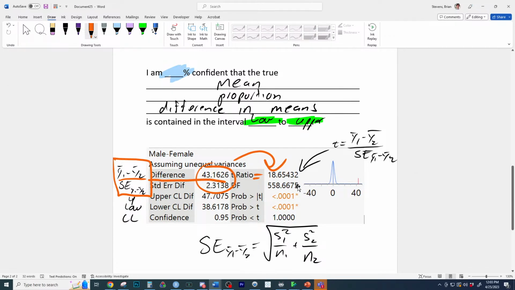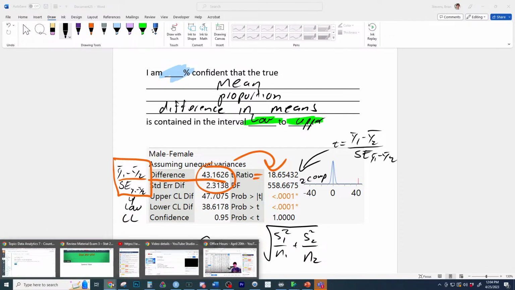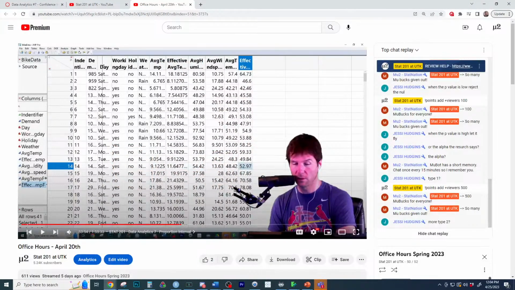The degrees of freedom is the complicated formula. It's too complicated, we like to say. Check out my other videos on how to calculate it using the applet. I'll show that really quickly because we're mentioning it here. If you want to calculate the degrees of freedom, you would need to go to the stat applets that we have. So we're going to bring up the applets to do the degrees of freedom.